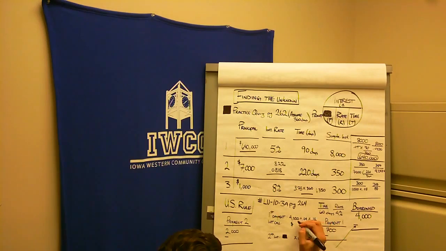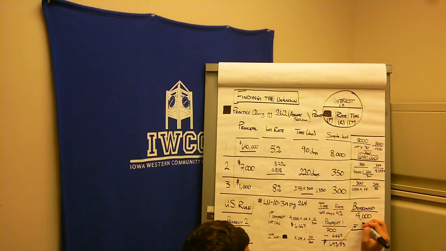So there's already, in 15 days, $6.66 of interest accumulated. Now she said they paid a $700 payment. So you have to subtract that to get what actually goes against the principal, which would be $693.33. So of that $700, 693 dollars and 33 cents went against what was borrowed. So I'm going to subtract that from the 4,000. And we have